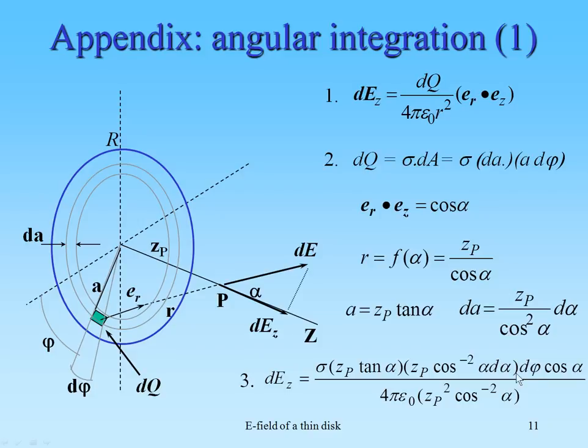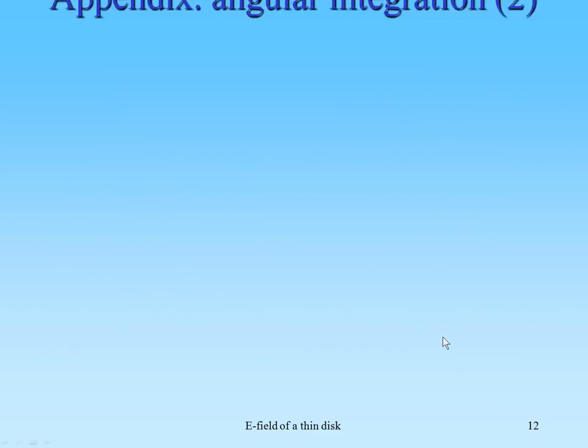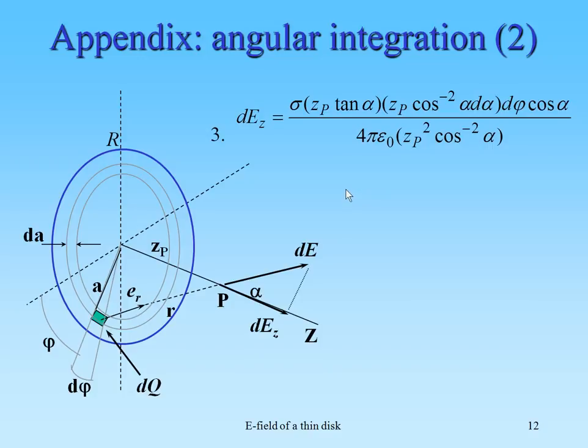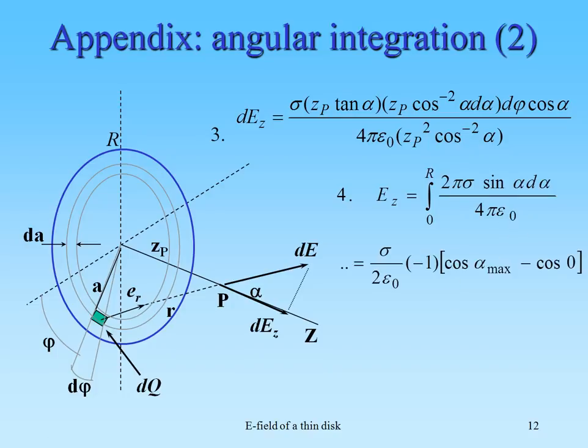times zp over cosine squared alpha d alpha, that's dA, times d phi cosine alpha over 4 pi epsilon naught zp squared cosine to the minus 2 alpha. And here is the expression again. And this can be simplified to the integral over alpha of 2 pi sigma sine alpha d alpha over 4 pi epsilon naught. And when you integrate, it ends up in this formula here, cosine alpha max minus cosine 0,